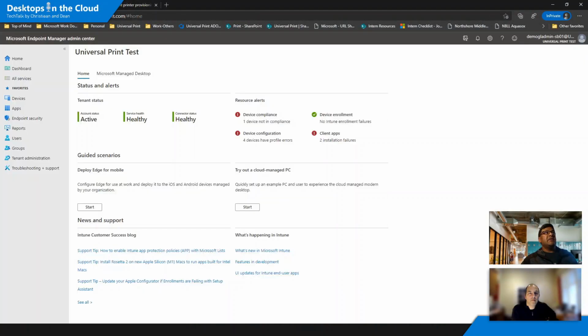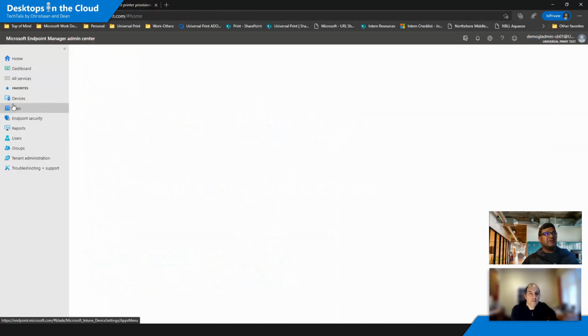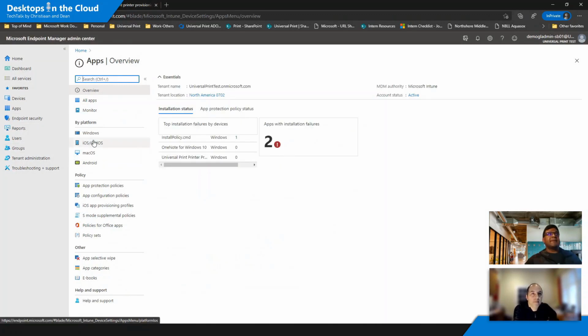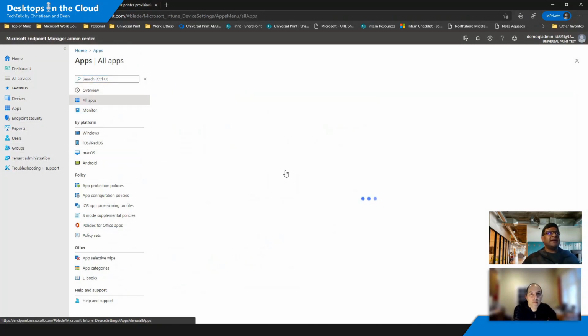So what about modern management with Microsoft Endpoint Manager? Can you publish universal printers to end users from the Microsoft Endpoint Manager console? Let me now take you to the Endpoint Manager, and I can show you how this has been provisioned. So if I click on Apps, and I click on All Apps,